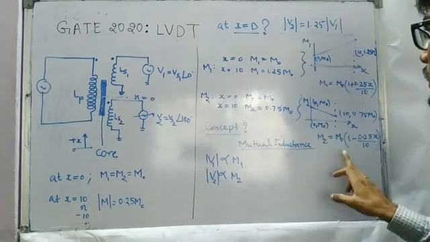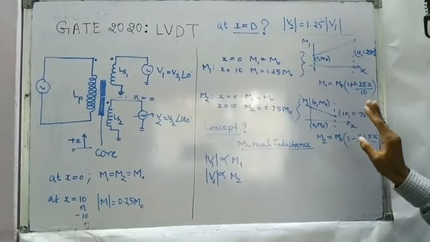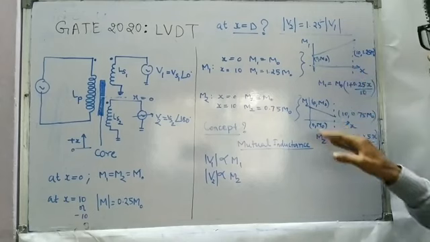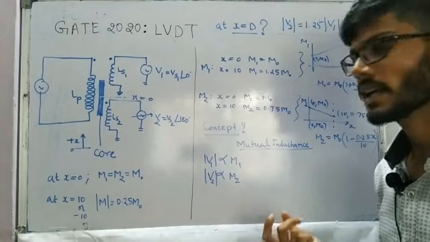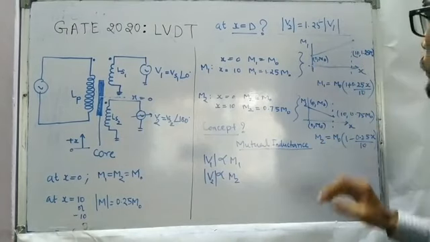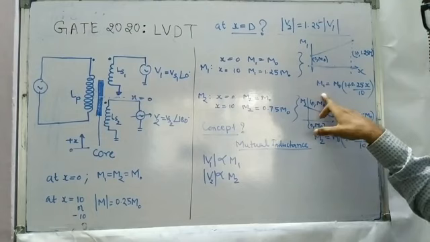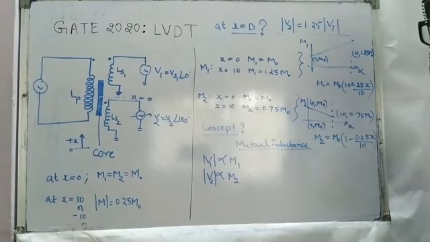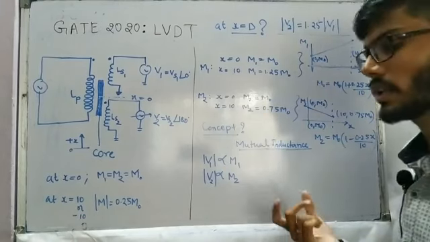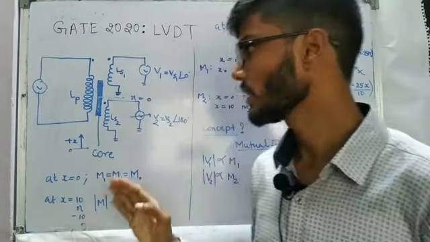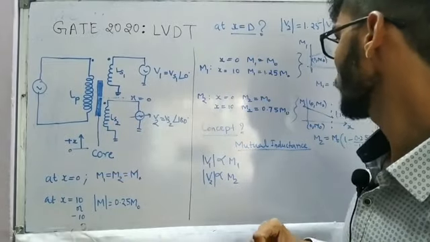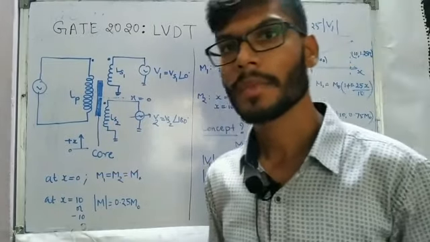We have to get the expressions for M1 and M2. I have taken graphs of M1 versus x and M2 versus x, and you can get this linear expression simply by writing the linear equation from the 2 points given. I am leaving this to you. M1 will come as M0 times (1 plus 0.25 x divided by 10), and M2 will come as M0 times (1 minus 0.25 x divided by 10), where x is the displacement, positive in the upward direction as given in the question. The dimension will be in mm.